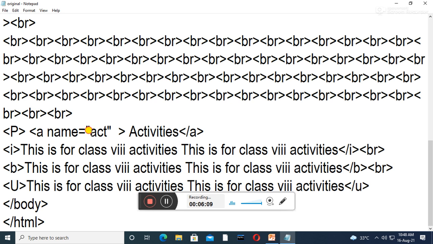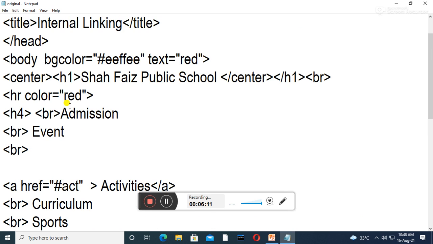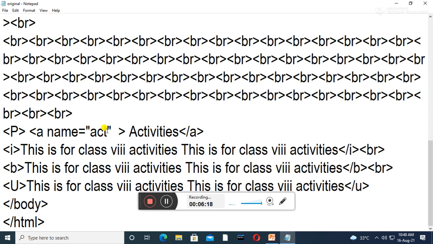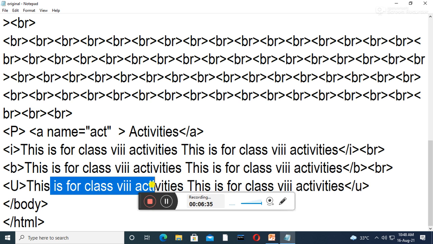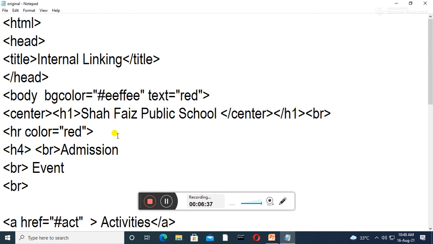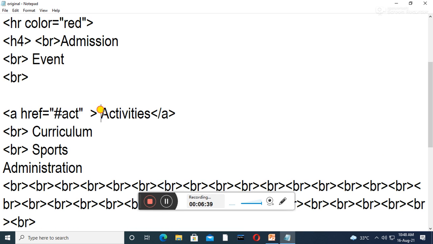Name equals what is written, ACT, the same thing. Here also you have to write the same thing, ACT. This is not the linking word. Now close the A tag. Then whatever I have written after that, this word is now linked by this activity.